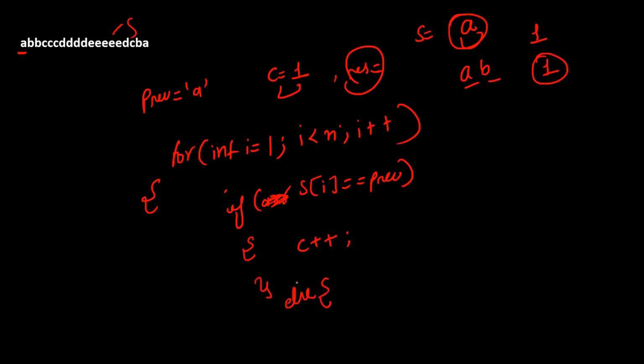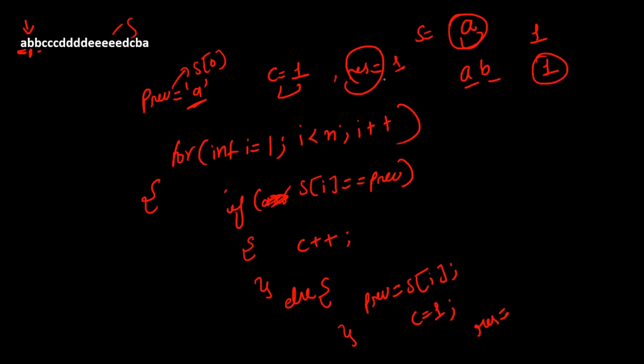Otherwise, if that's not the case, so in this particular string what we can see is the ith value is B. It's not equal to A, because in our prev what we have is s of 0, that is nothing but A, right? So what we're going to do is update the value of prev, because now the previous value is this one. You will be proceeding to this one now. What is the previous value of this one? Of course this B. So we'll be updating the value of prev as s of 5, right? And we'll have c as 1 itself. Also, you have to update your res value as well.